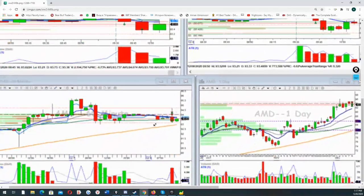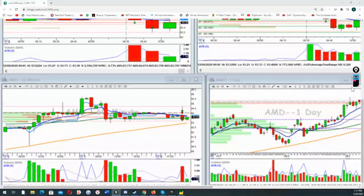Let's see the 60-minute chart. The 60-minute chart is not that clean. I see that we're waving down. This is not the wave down, but this is waving down. So it's not that good. I would have liked it more to the short, I think, based on the 60, but you could trade it